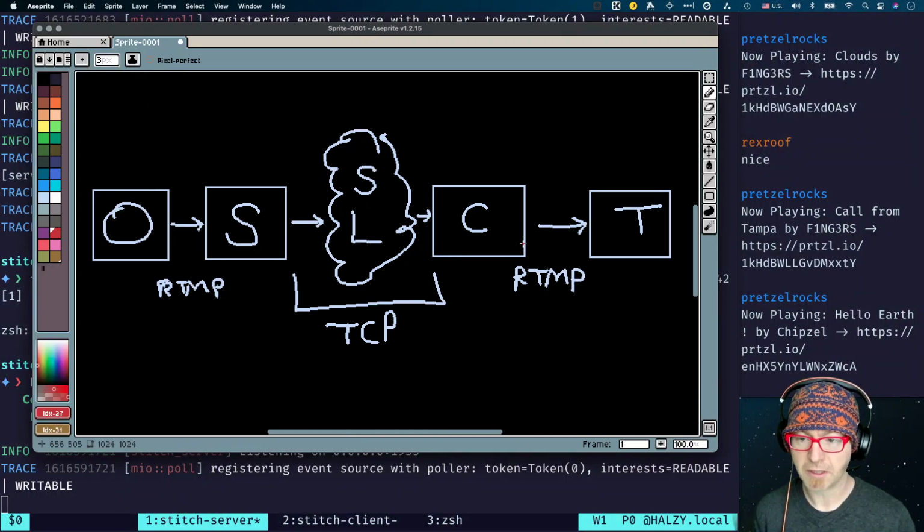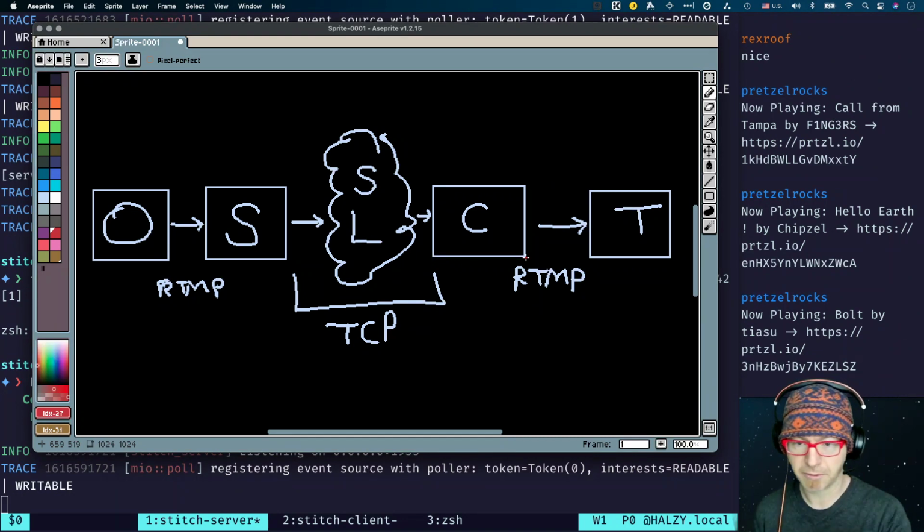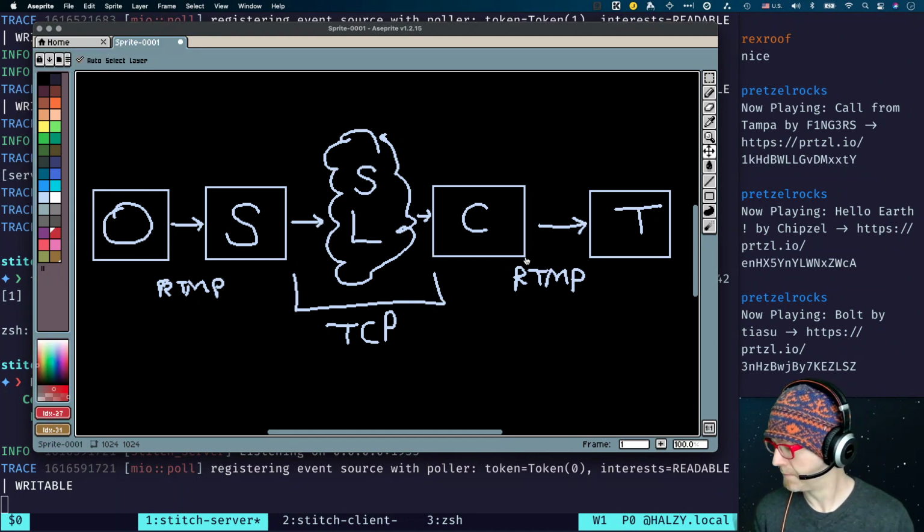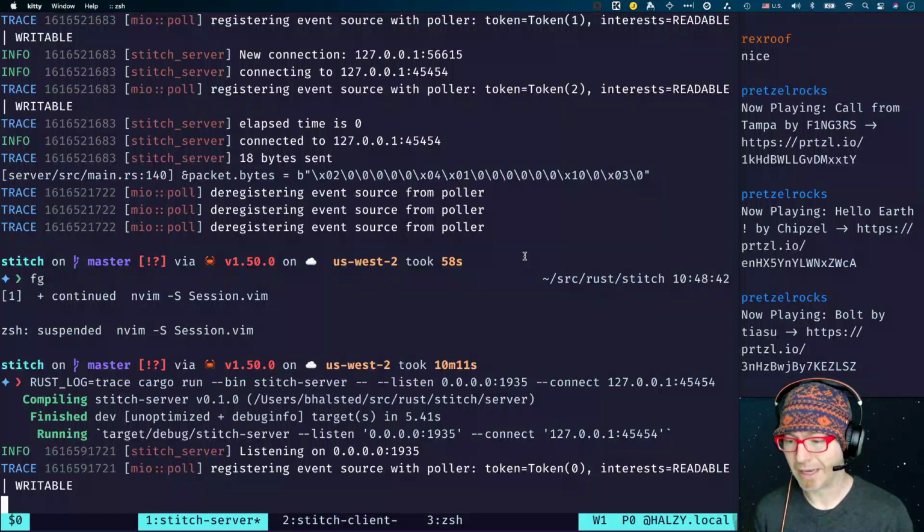Part of this is because we don't want to just sit there with an open connection to Twitch, not doing anything, because then they might close it and then we'd have to redo it again, and that would just be annoying. It would be bad, it's just like a bad client, you know? So